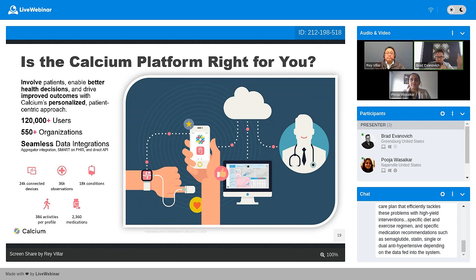A digital health platform for both patients and providers, coupled with artificial intelligence, is one of the best ways that we're going to have to improve patient outcomes and improve work-life balance for everybody involved in healthcare. So again, thanks for coming.